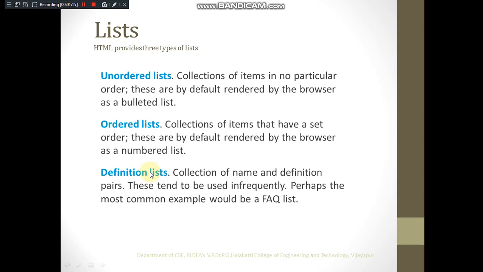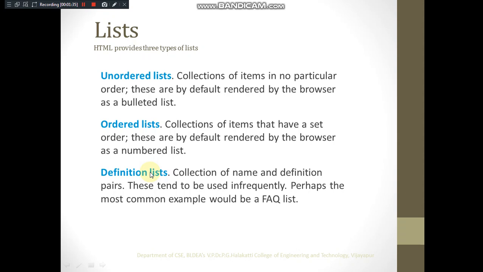There is one more special kind of list that we often see, which is a definition list. It is used to make a list where we have to specify in what way it has to be numbered, and in what way it has to show the elements.